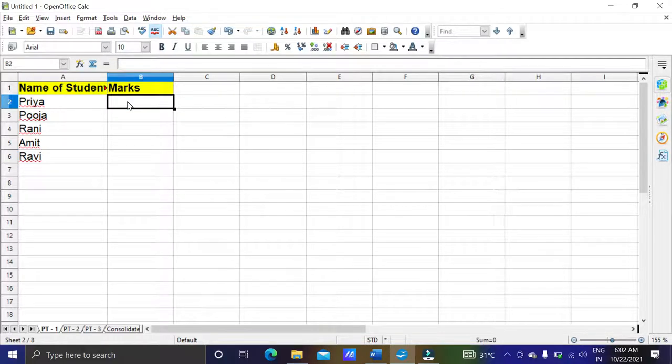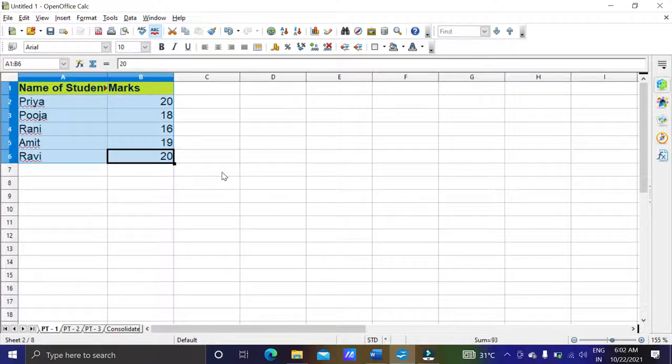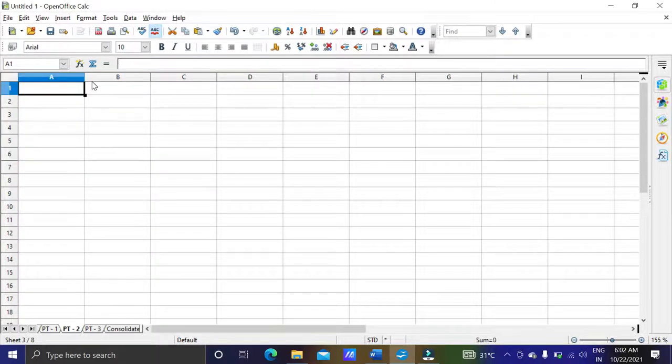And their marks. Suppose out of 20, they have got, suppose 20, 18, 16, 19, 20, like this. Okay, now we will copy this and we will copy it in the next sheet.